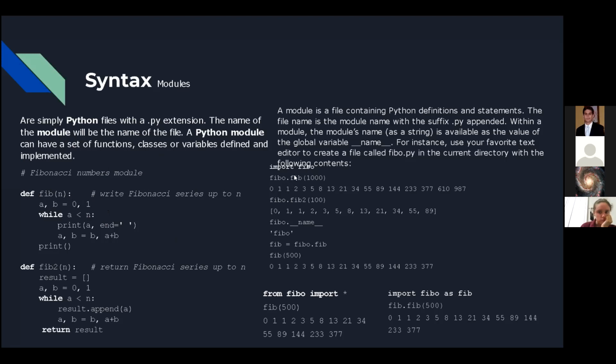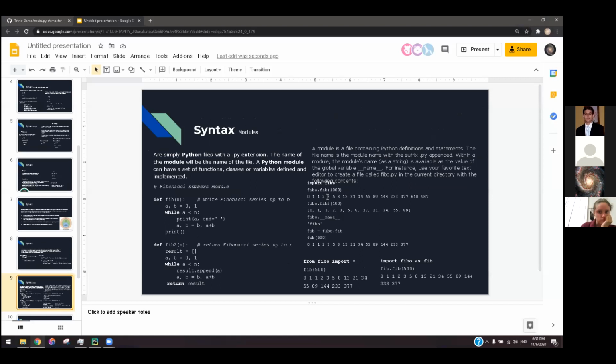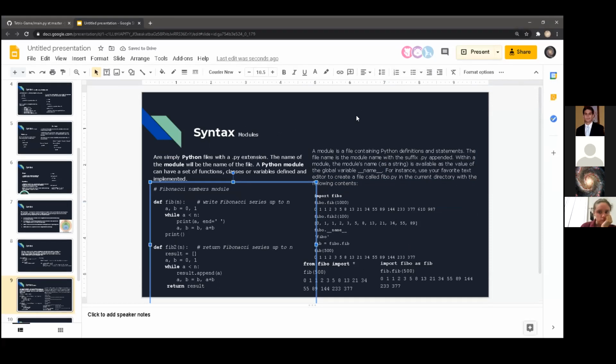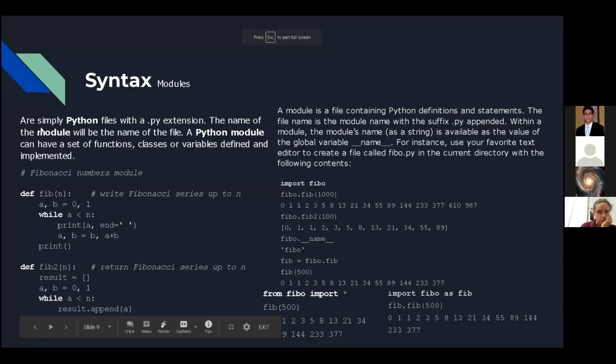So in this case, we're making a group of classes or functions. The way you would do this is in your IDE, or you don't really need an IDE.